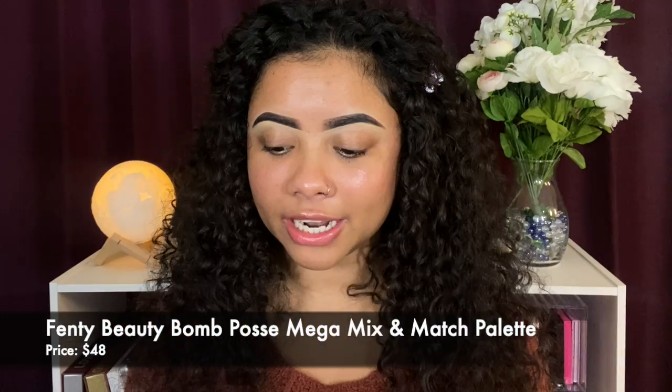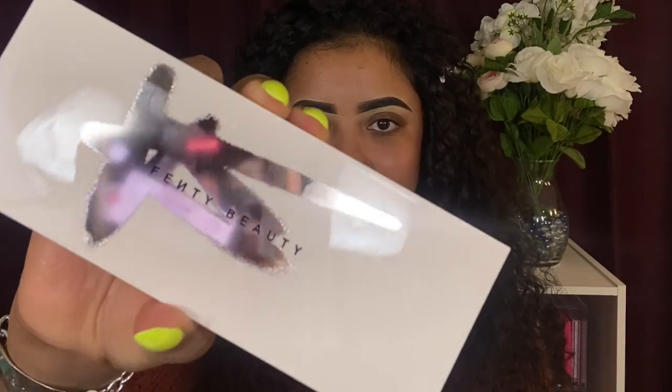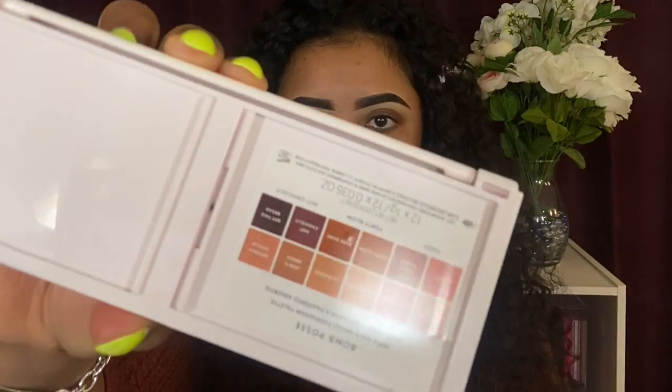As you guys can see, this is the front of the package and this is the back side of it. It has all the shades with the shade names on top of the shades, so that's convenient. Let's take this baby out of the packaging, and this is how the actual compartment looks. It's obviously like a bigger size of...